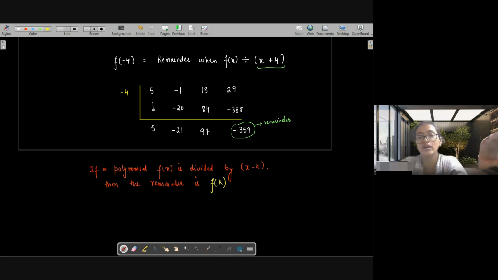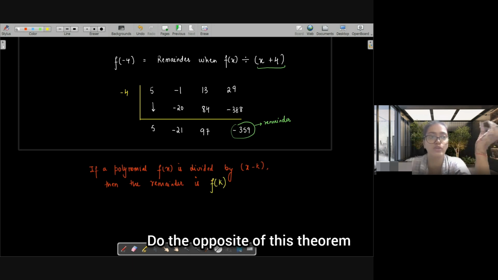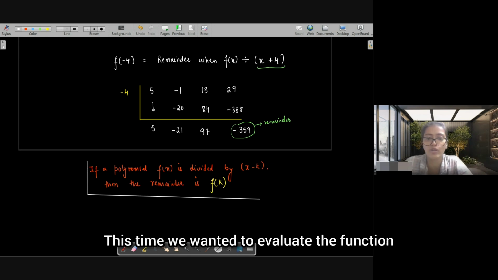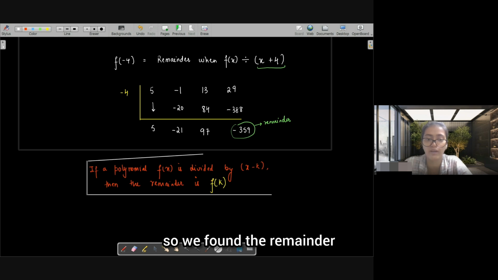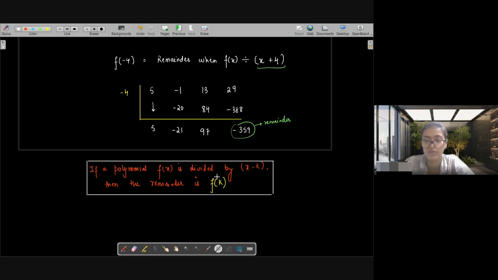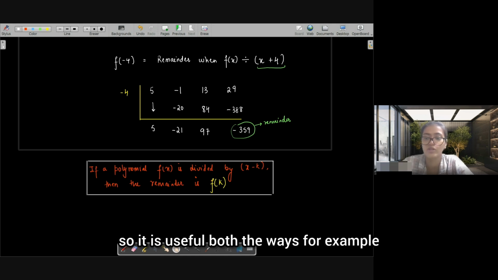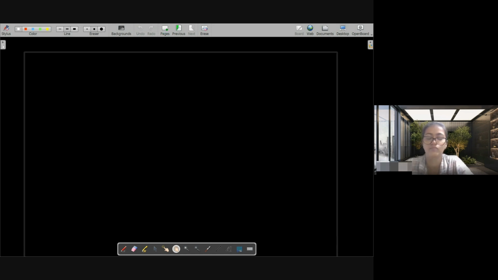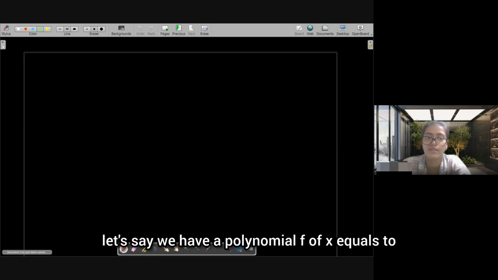Now you can also do the opposite of this theorem. This time we wanted to evaluate the function, so we found the remainder. And if you want to find out the remainder, then you can evaluate the function. So it is useful both ways. For example, let's say we have a polynomial f of x equals